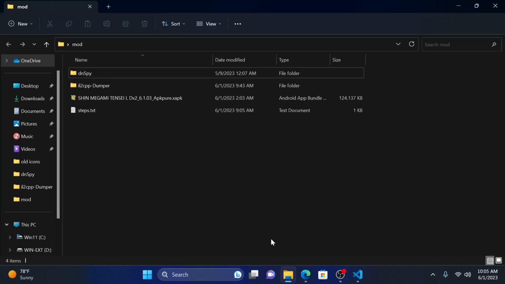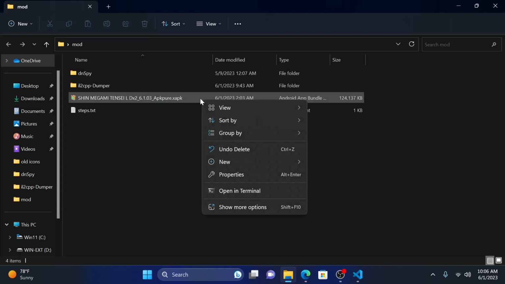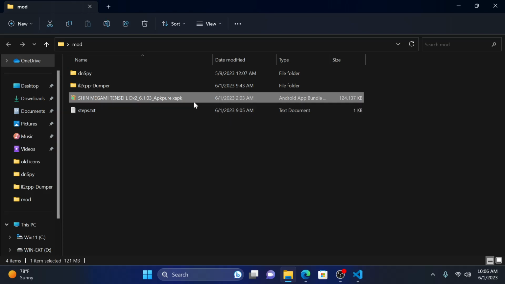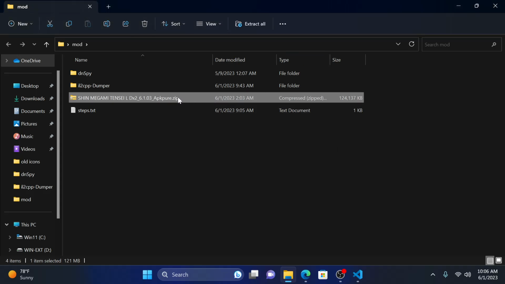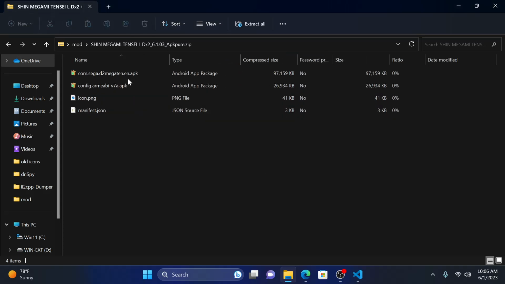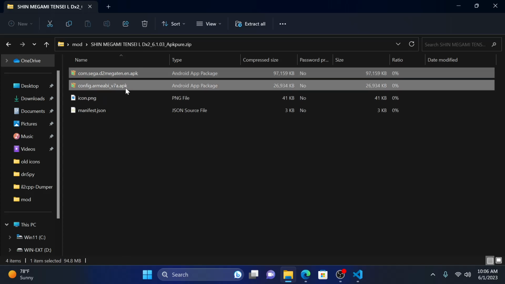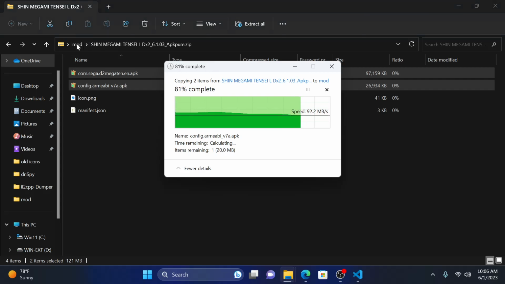what we're going to do is after you have downloaded the XAPK, you want to right click it and rename it so that instead of .xapk, it's a .zip. Yes. And you want to double click it, and you want to extract both of these. I'm going to pop them back into the mod folder,